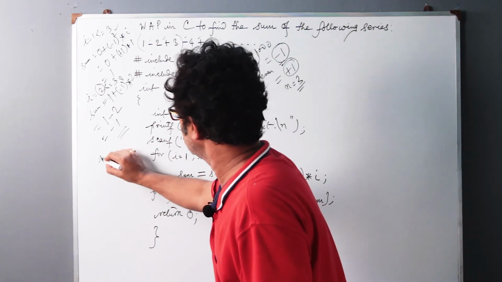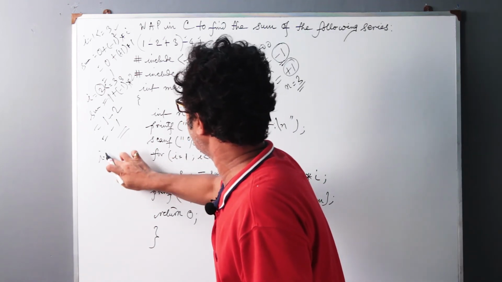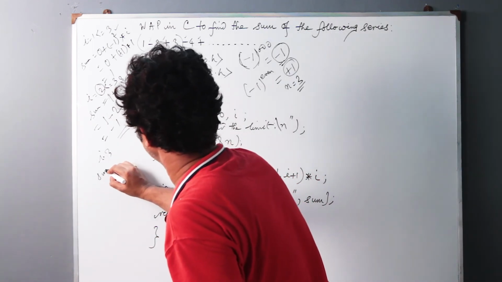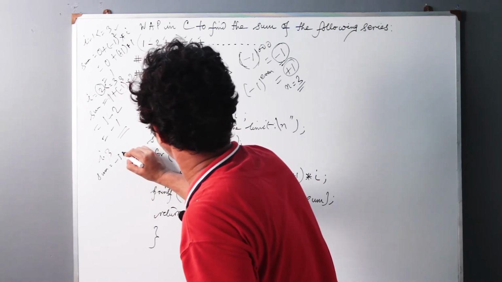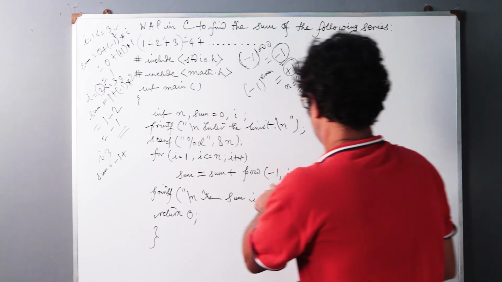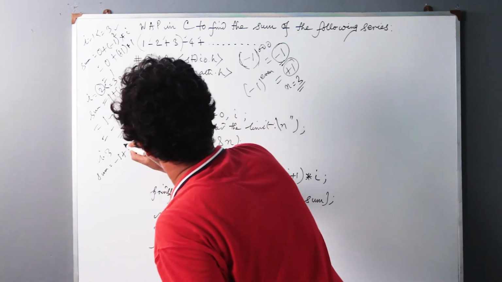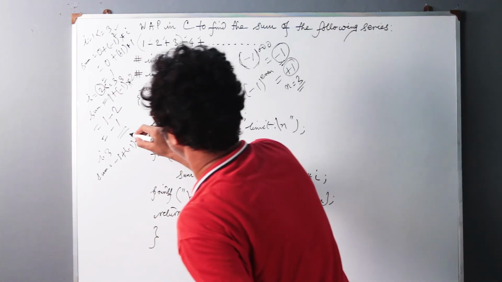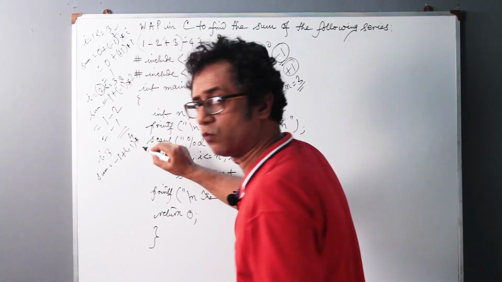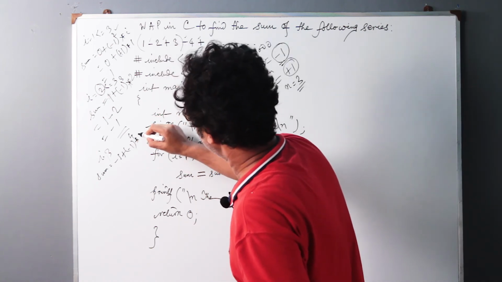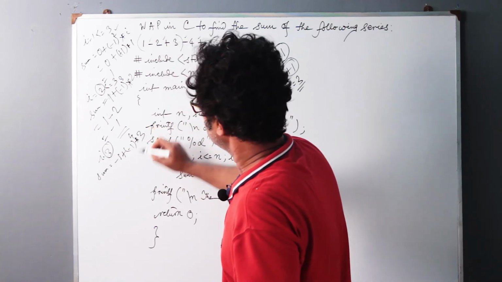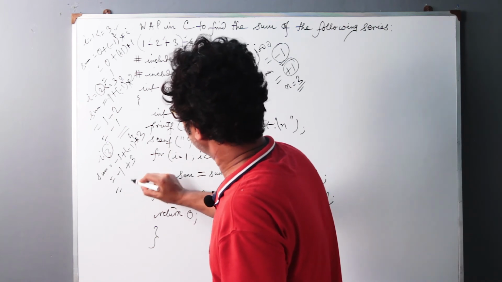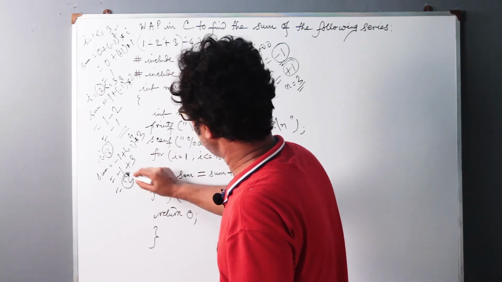Then comes another increment. I is now 3, and for 3 we do the same calculation once again. The last value of sum is minus 1, so sum is minus 1 plus minus 1 to the power 3 plus 1. 3 plus 1 means 4, an even power, so it becomes positive once again, and after that into whatever the value of I is. So this becomes minus 1 plus 3, that gives you 2. So the sum value becomes 2 now.